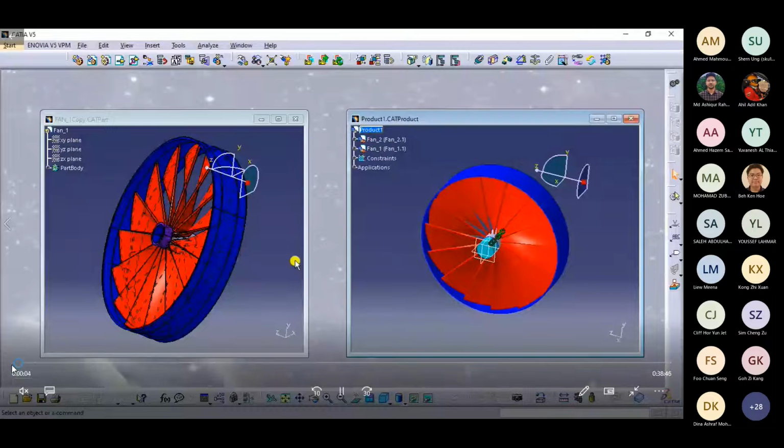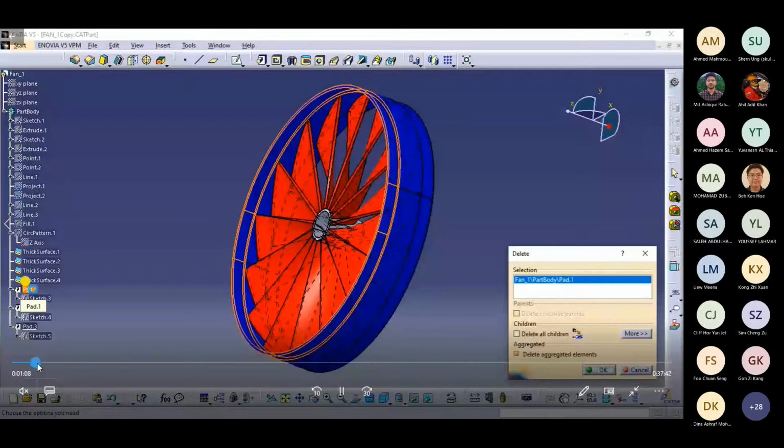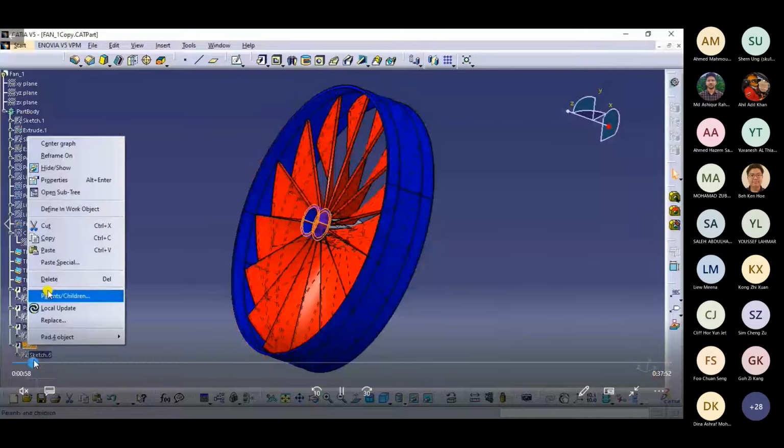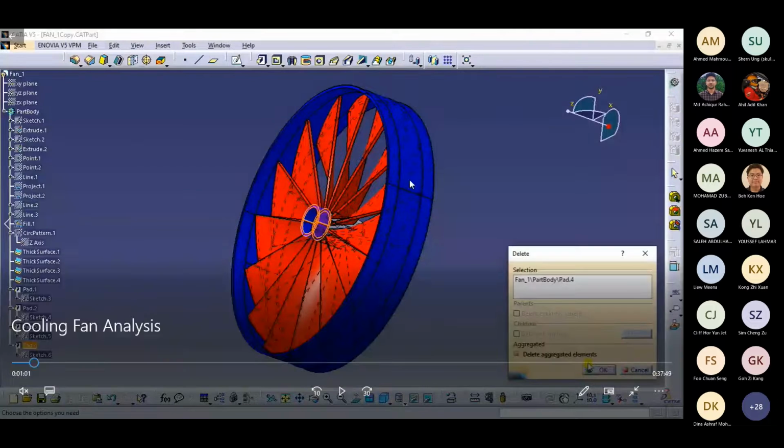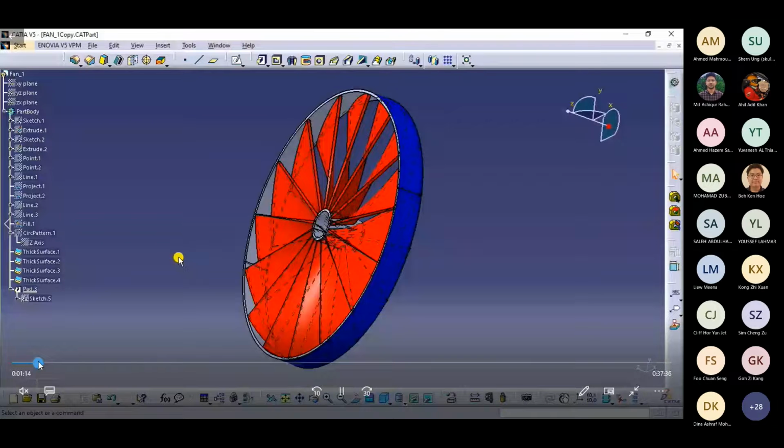If I come here, I only need the fan structure that is inside this particular fan. I don't need the outer covering that is covering this fan. I don't need this extra material that is shown over here, highlighted in orange. So I'm just going to delete those one by one. I'll delete it in this slower format to show you. Okay, and now I have my primary fan that I wanted to simulate.